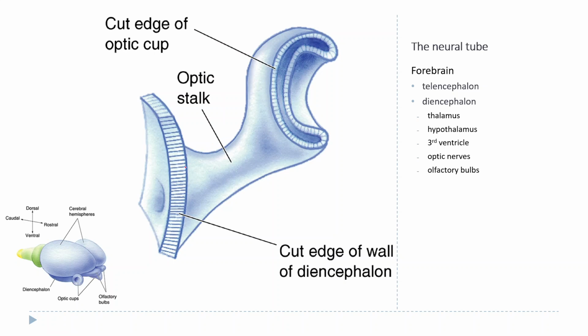So you can see here, this is just looking at the wall of the diencephalon, and this outcropping from that extends as this C-shaped cup called the optic cup, and eventually the stalk becomes the optic nerve. So the optic stalk becomes the optic nerve, and then